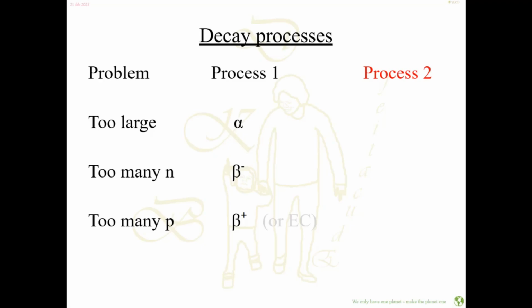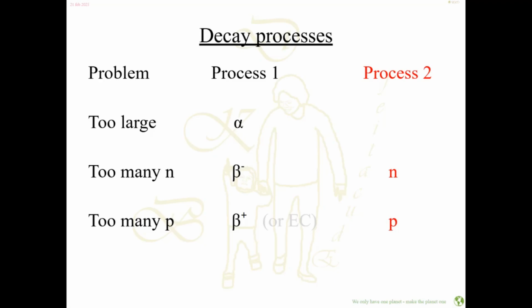But what if it's not just a little bit too large, or just a little bit too many neutrons, or not just a little bit too many protons? What if the proportion is way off? There are far too many neutrons. Then a nucleus can emit neutron radiation. It will send out loose neutrons. On the other hand, if we have a nucleus with far too many protons, way out of balance, it will emit proton radiation. It loses protons.